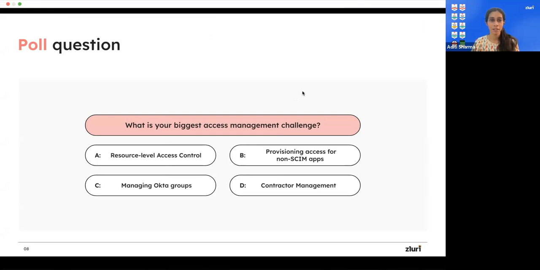Okay, great. So I think while folks are still filling up the poll, we had a couple of questions which came in. So we can take that up. Shivam, it would be super helpful if you could help take up some of those questions. They are slightly technical. So one is, does Zluri have any plan to integrate with ADP?